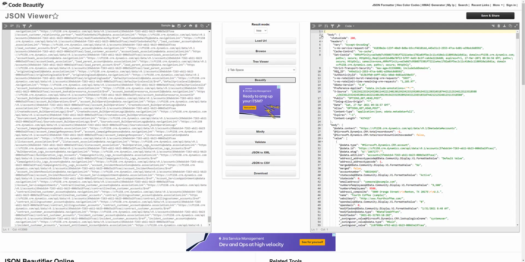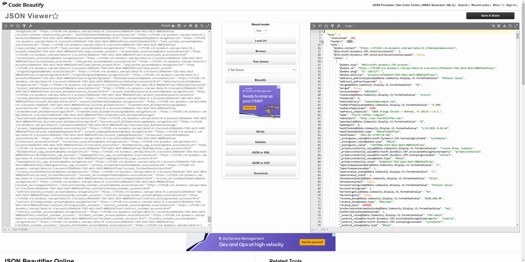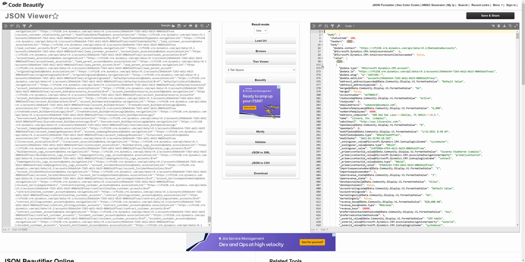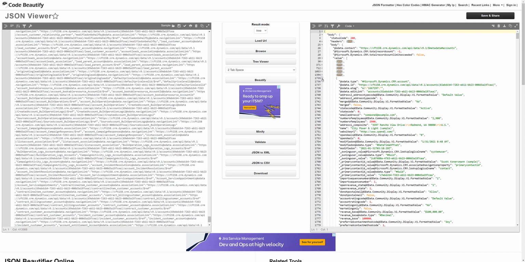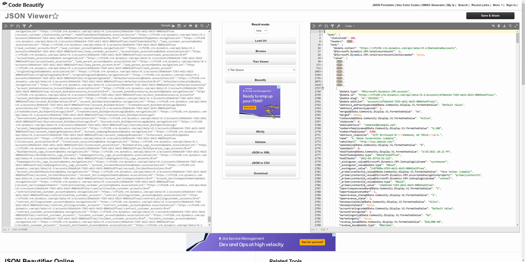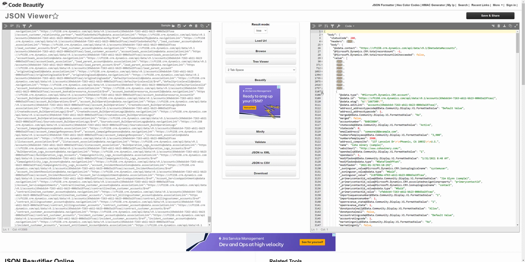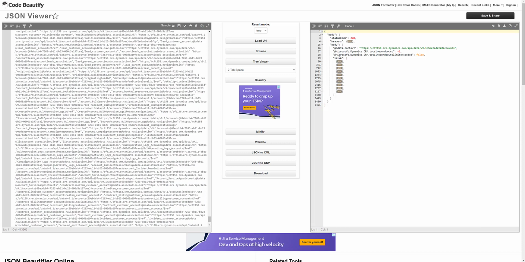Now since I'm reading all of the output of the list rows, I'm getting body, and inside that I'm getting a status code plus some headers as well, which is the metadata of the output. Then I get the usual body tag, and then after that inside values I get all the different 10 records which we chose to retrieve. So these should be 10 different records, and that's it.